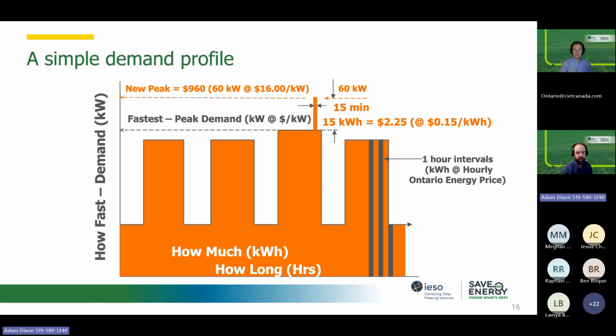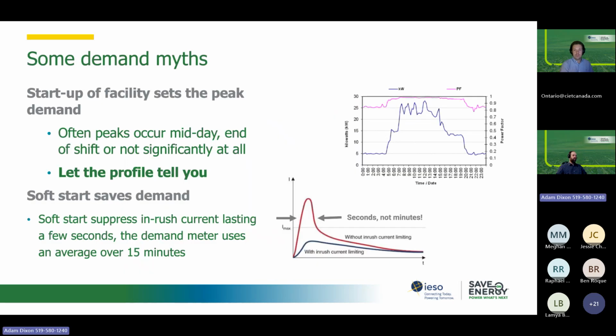So any load that runs 24 hours, or things that can be pulled out in that way that don't need to be, it's a foolproof way to lower your peak demand: reducing your base load. So on that note, we'll get into some myths around